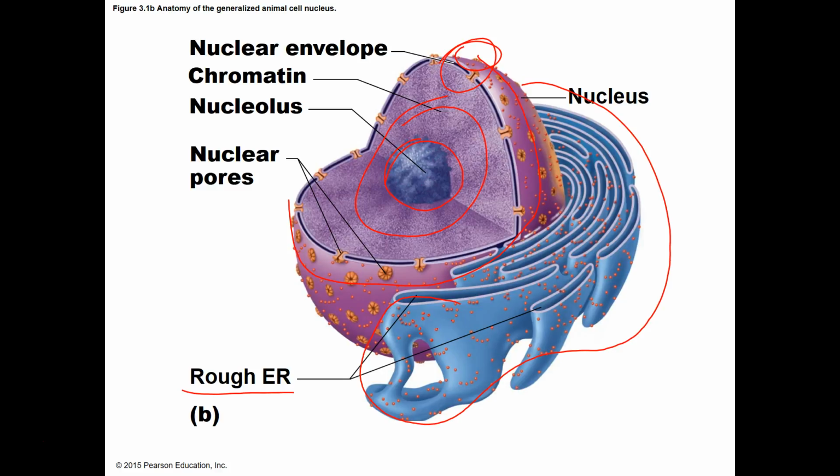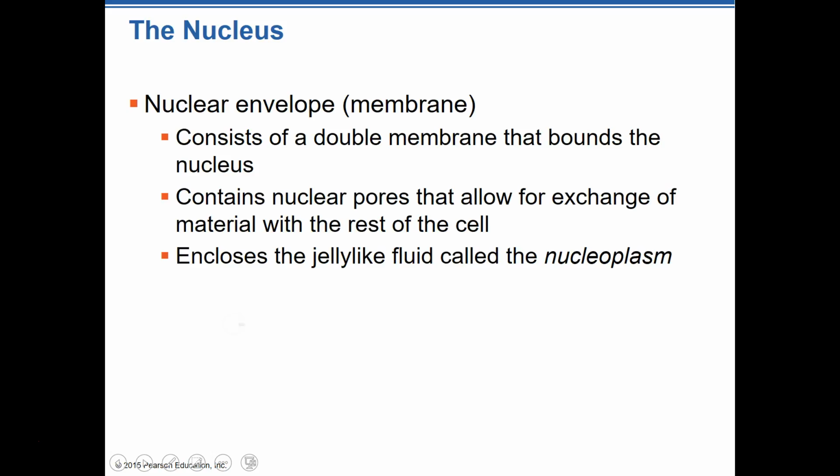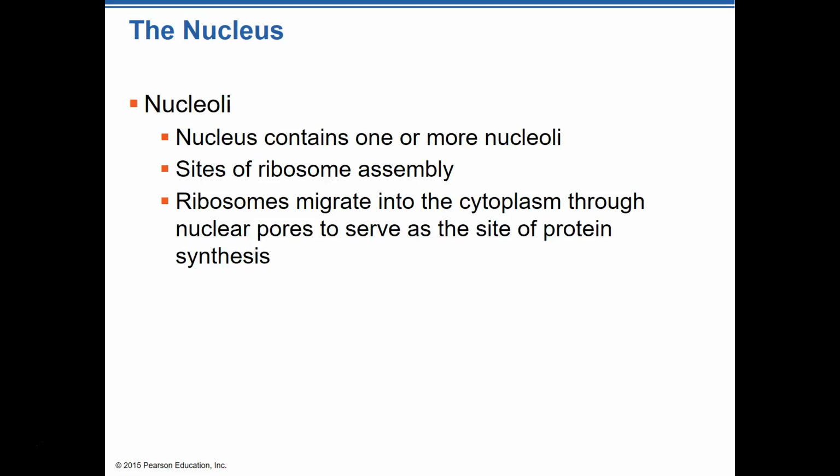Remember I told you about these little dots that we were looking at? These are ribosomes. There are also ribosomes present on the nuclear envelope, and that's where protein synthesis occurs. So that's vital to the survival of any cell, the ability to create proteins in order for the cell to keep going and doing its thing.